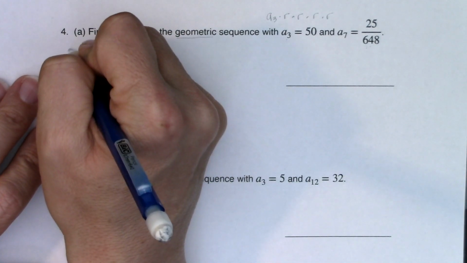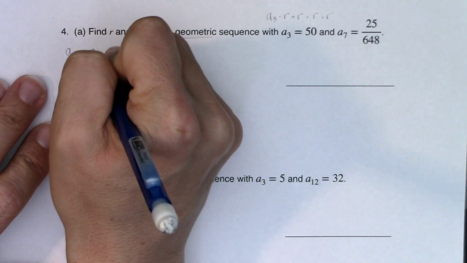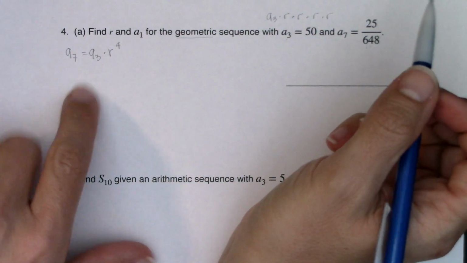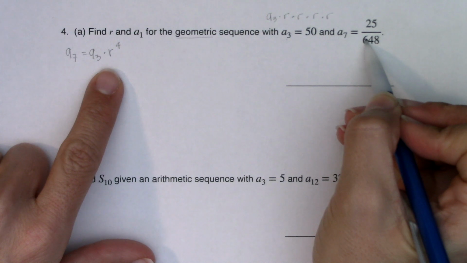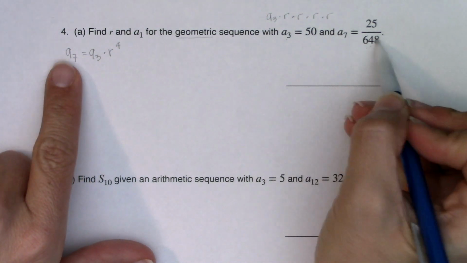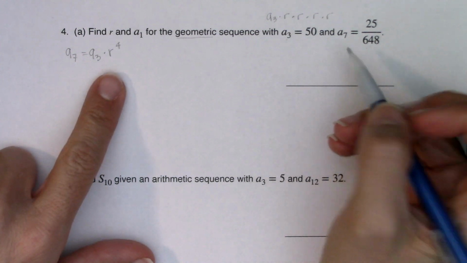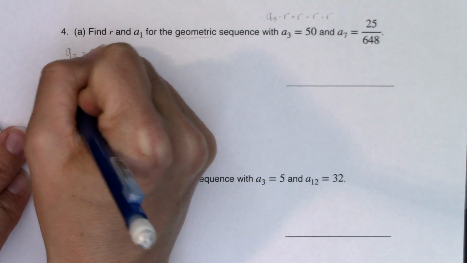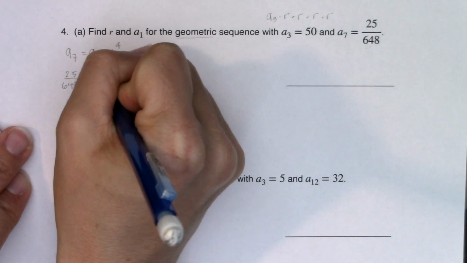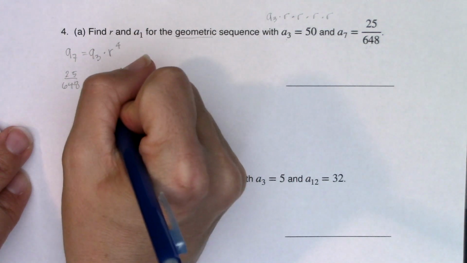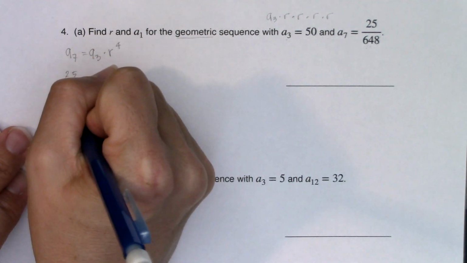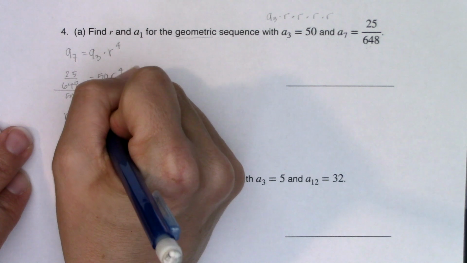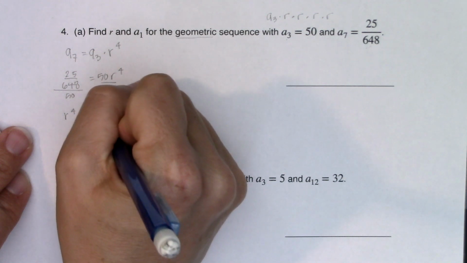So essentially what I'm trying to say is A sub 7 is A sub 3 times R to the 4th, okay? And then with this equation, I know what A sub 7 is equal to, and I know what A sub 3 is equal to. And then I can solve that equation for R. So I know 25 over 648 is equal to 50 R to the 4th. So if I divide both sides by 50, and I'm going to write my variable on the left side, R to the 4th is 25 over 648